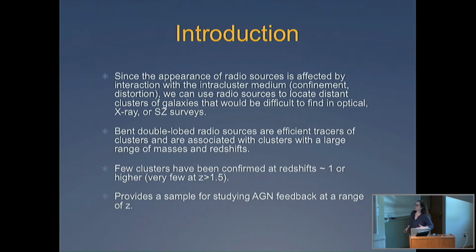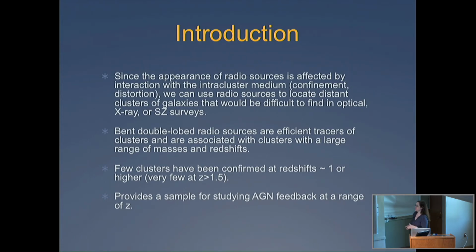Okay. So these potentially give us a sample of clusters that are selected in different ways than other common survey techniques, so different than what we might see in the X-ray or optical or SZ. So we'll find that these clusters have a wide range of masses, whereas a lot of surveys will just select preferentially the most massive clusters. These are going to select a wider range of masses. They may select clusters that have some interesting dynamical activity going on in them. And of course, by the nature of their selection, they're clusters where we expect there to be AGN feedback because they have these big extended AGN in their cores.